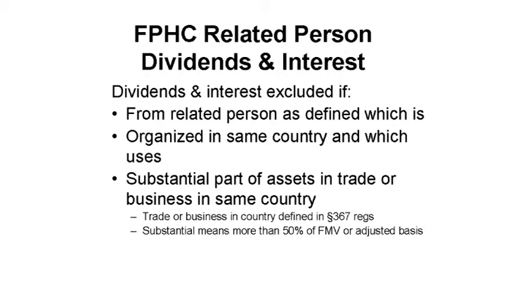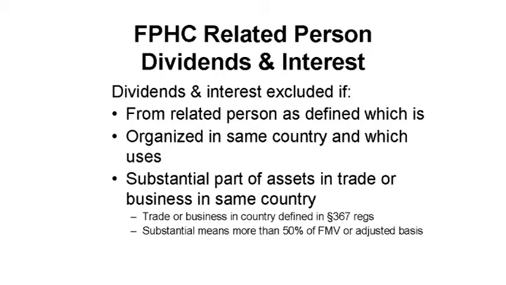FPHC income also excludes interest and dividend income received from a related party in the same country. To qualify for this exclusion, the CFC recipient and related payor must be created or organized in the same country. The payor CFC must also use a substantial part of its assets in a trade or business in that country. If the payor of interest is a partnership, the payment is treated as a payment by